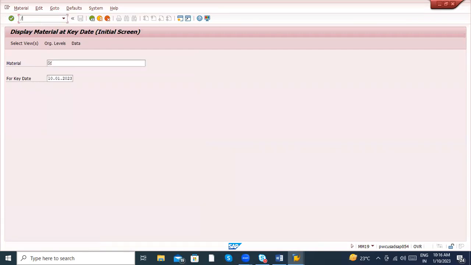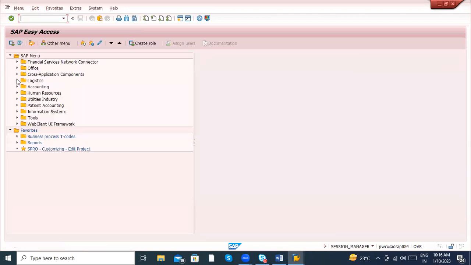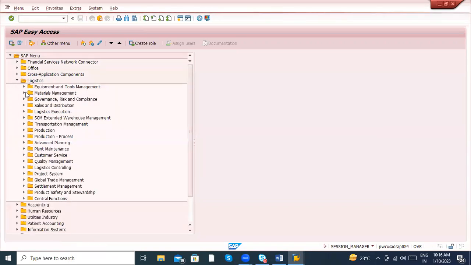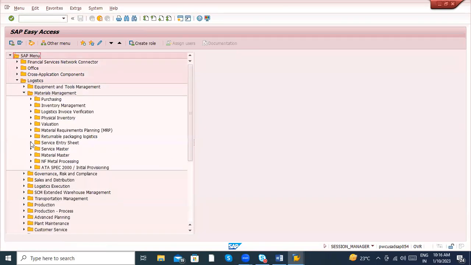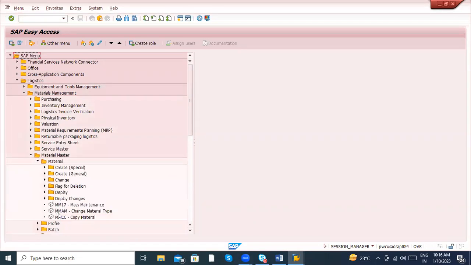There will be some transaction codes. In case you don't remember the transaction codes, what can you do? In the tree structure, you can search under Logistics General. Here you can go and search Logistics General, and then Material Master. If you go to Material Master Record, and here Material, you can see that